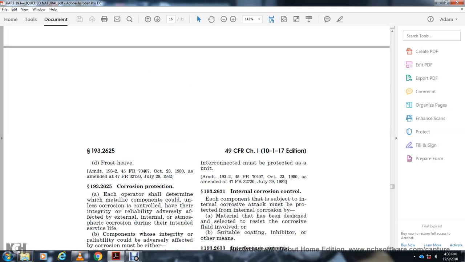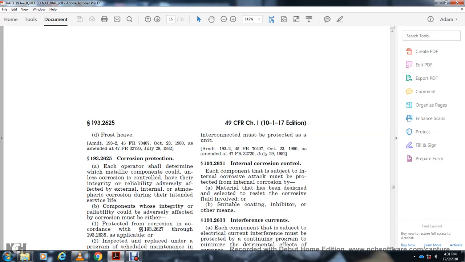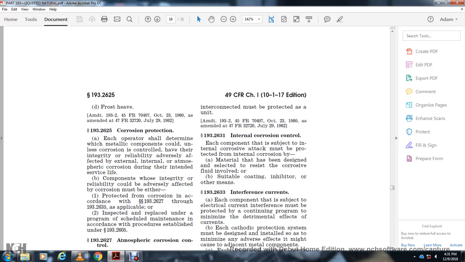Corrosion protection. Each operator shall determine the metallic components that could, unless corrosion is controlled, adversely affect their integrity, reliability, or safety by external and internal corrosion during the intended service life. Components whose integrity or reliability could be adversely affected by corrosion must be either protected from corrosion according to 193.2627 and 2635 as applicable, or inspected under a scheduled maintenance program according with the procedure established in